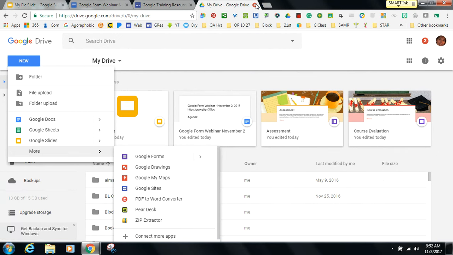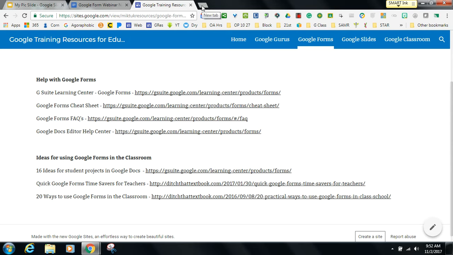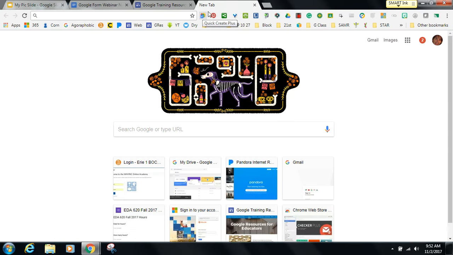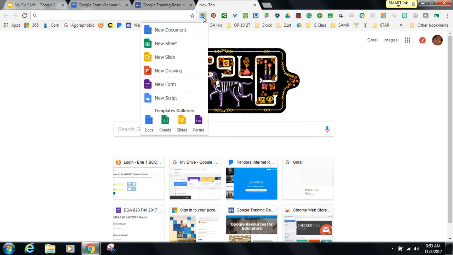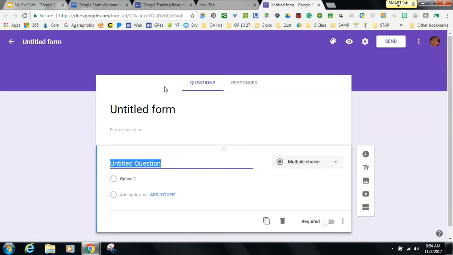Another thing that you can do, let me close that, and I'm going to open a new tab. What I have here are my Google Chrome extensions. I have one called Quick Create Plus. I can also click on that and I can easily start a new form to include going to a templates gallery for forms. Okay, so now that you have opened up a new form, whether you went into your Google Drive or you have some kind of extension, it doesn't matter how you get there. You just start with this blank